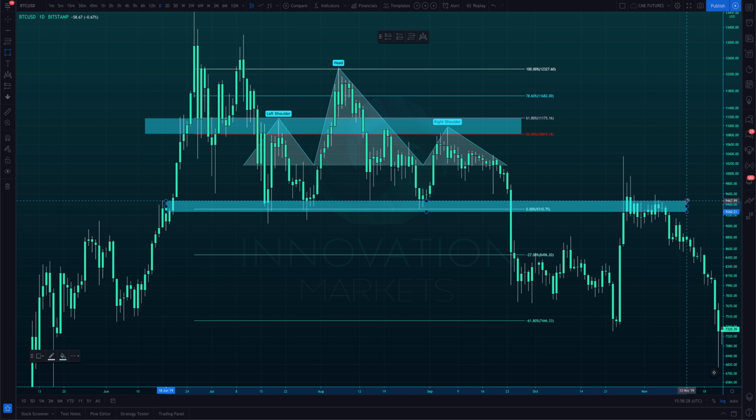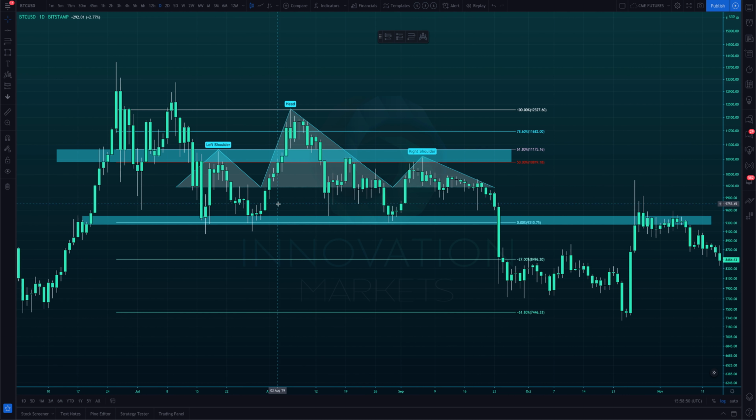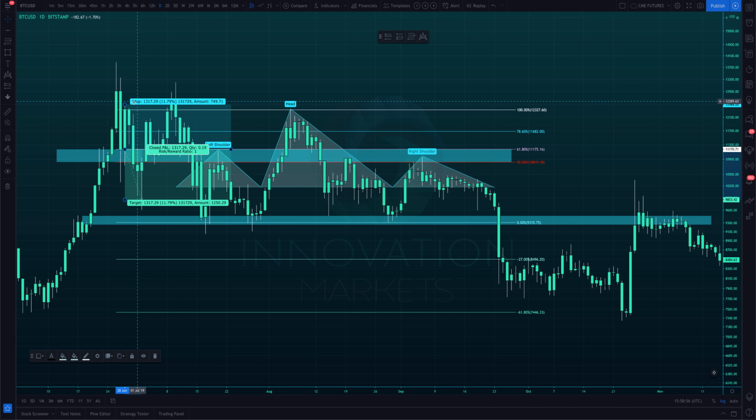So using a combination of all the different lesson teachings so far, we can see we're structured within the house, the false breakout comes in, we dump back down, we retest again, then we absolutely die. So the psychology behind this is once that floor has been solidified and the false move comes through, this is normally a stop loss hunting tactic, as all of the traders who would have been following this principle here of entering short likely would have had stop losses upon this bearish engulfing anywhere from above this